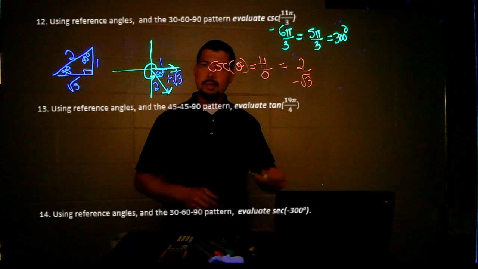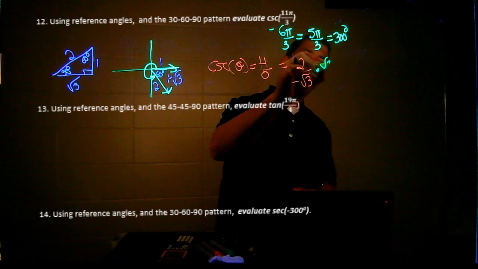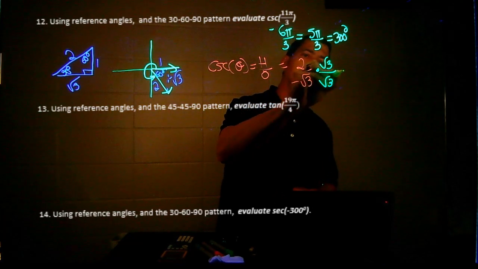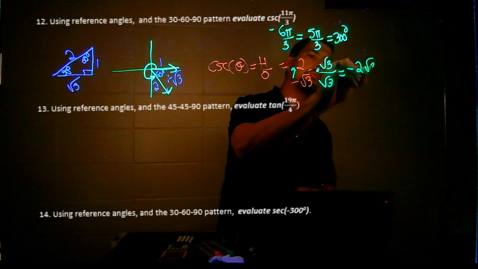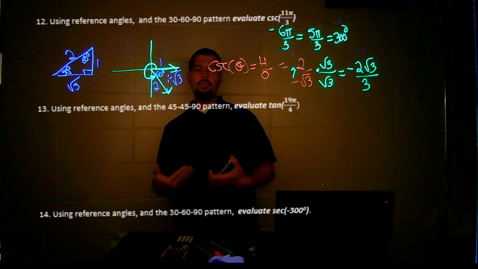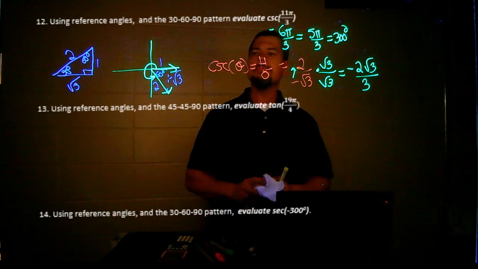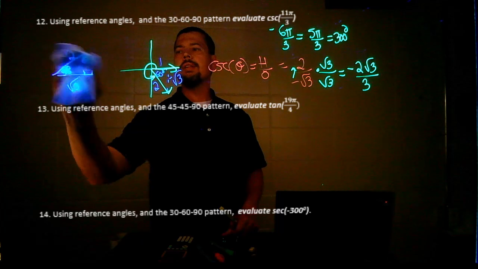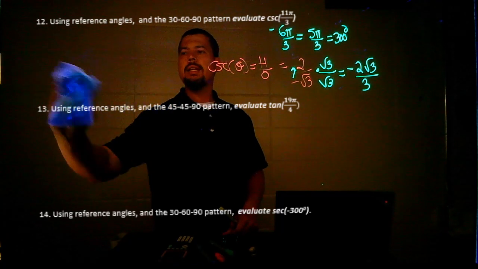Now we're going to multiply the numerator and denominator by a root of 3. We're going to automatically move the negative symbol up top. Negative 2 root 3 sitting pretty over 3. Was that the only way to do this question? No, it was not. As soon as I saw 5 pi over 3, I could have taken a circular approach